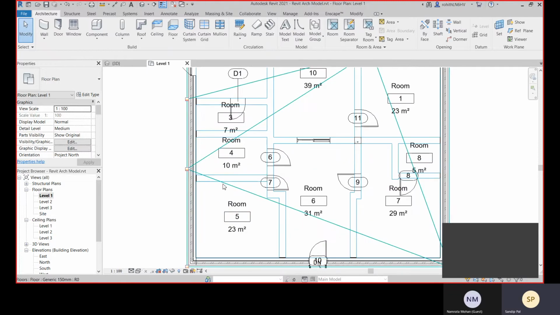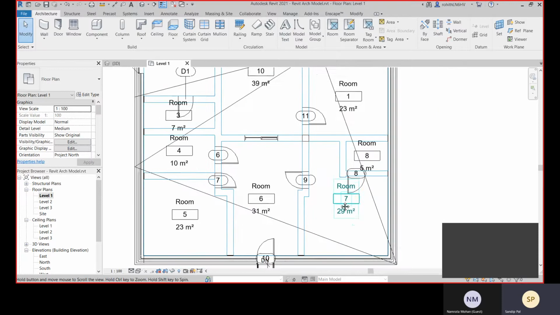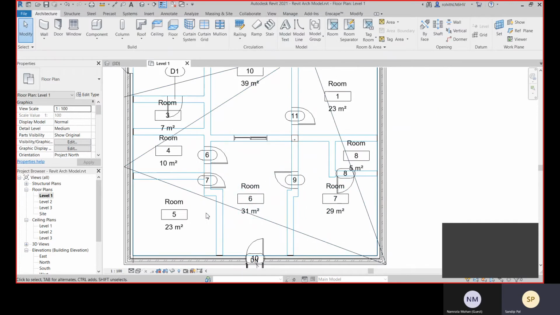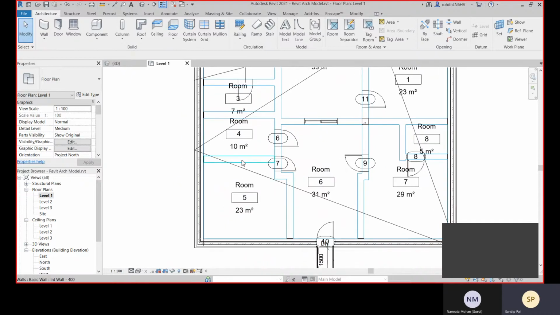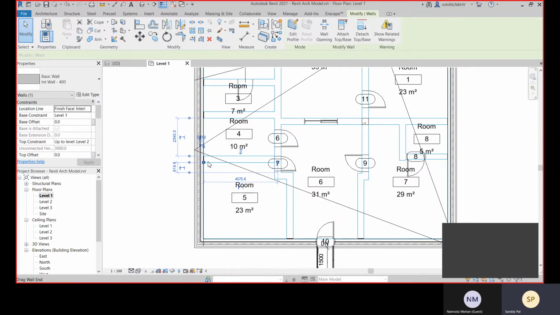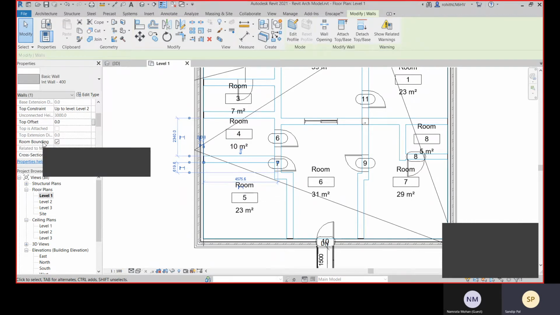Suppose there is one wall within a room, and that is separating that total room into two, so that you don't want to separate, you want to have that as a single room. So for that, what you can do is uncheck the room bounding option. Uncheck the room bounding option.